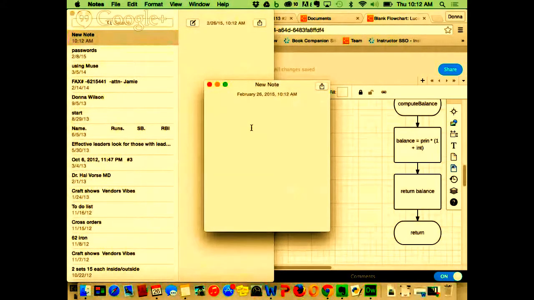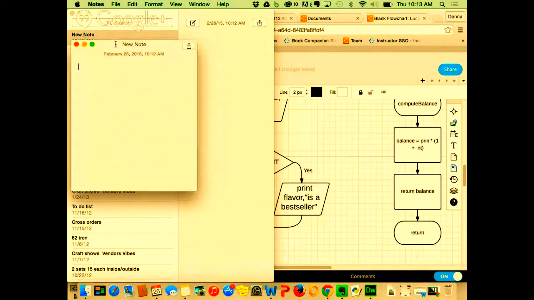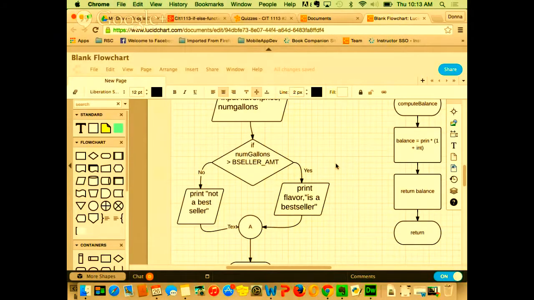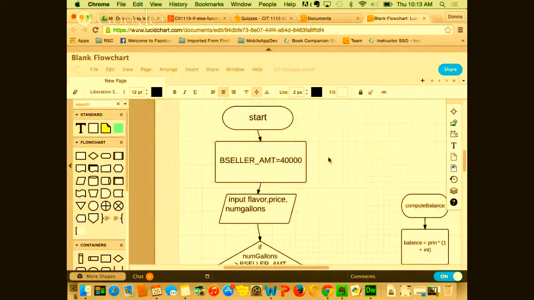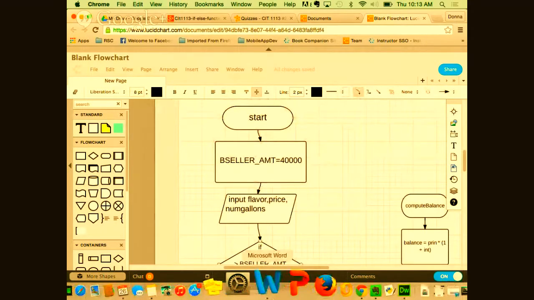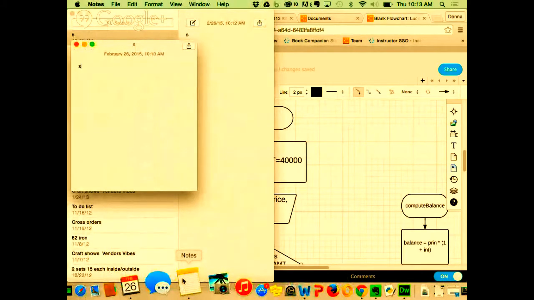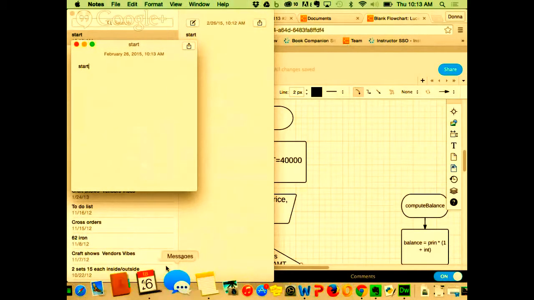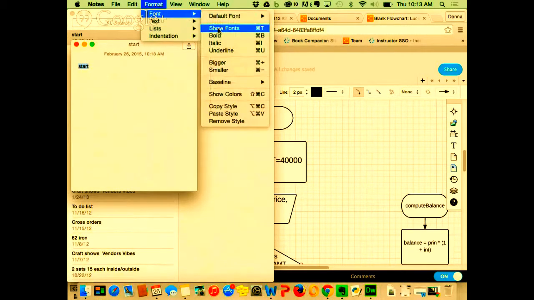Okay, so in here, I'm going to say, I can actually just take the text out of here if I wanted to, but I'm going to go ahead and type it in. So I'd say start, and that's not very big. Let's see if I can format it better. Font. Oh.